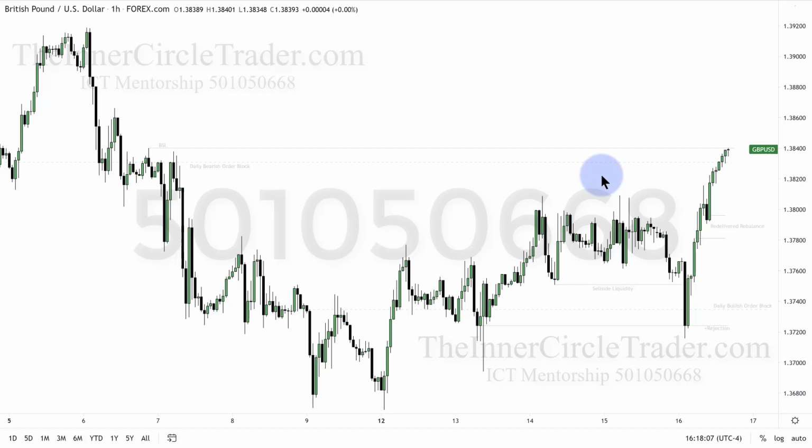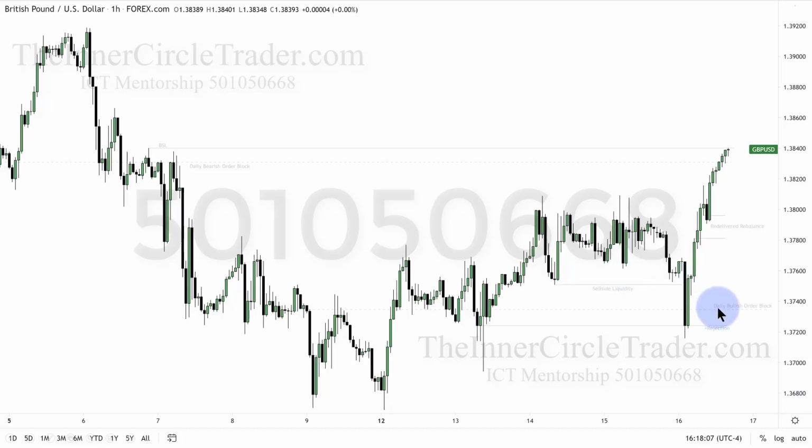While I didn't have the actual setup I was looking for, you can see that we did continue into the 15th, where it was still questionable what it was going to do. It was just really mixed. It wasn't offering a whole lot of opportunity one way or the other. Then finally we had a displacement. What did it do? It dove deep below the relative equal lows here for sell-side liquidity and dug into that